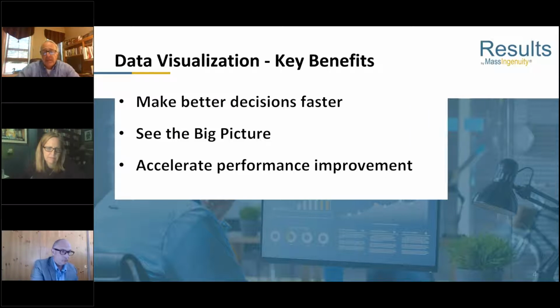And this results obviously in much more rapid understanding of the relationships between the processes and the outcomes and what improvement actions they need to take. So time and time again, we see better decisions faster. Very important. The second most important benefit of data visualization is about seeing the big picture, not getting lost in